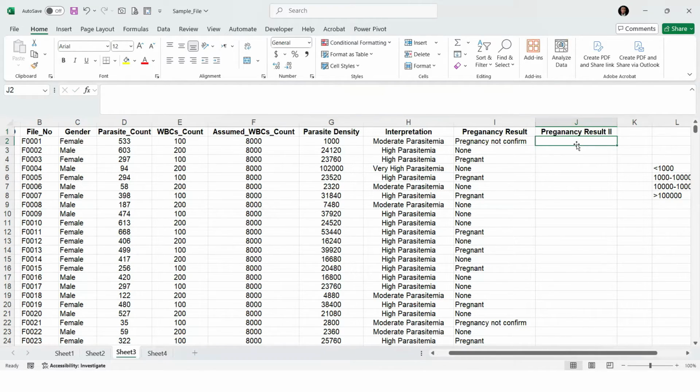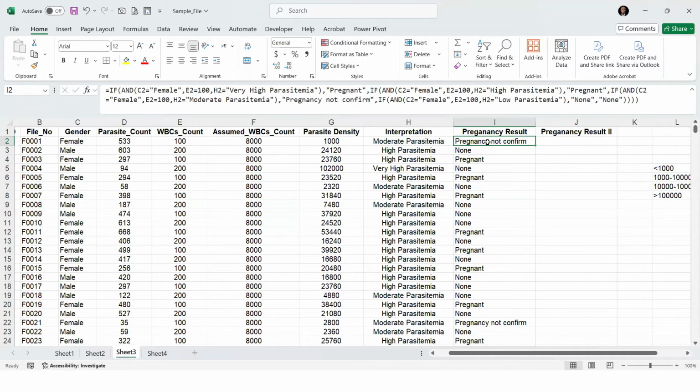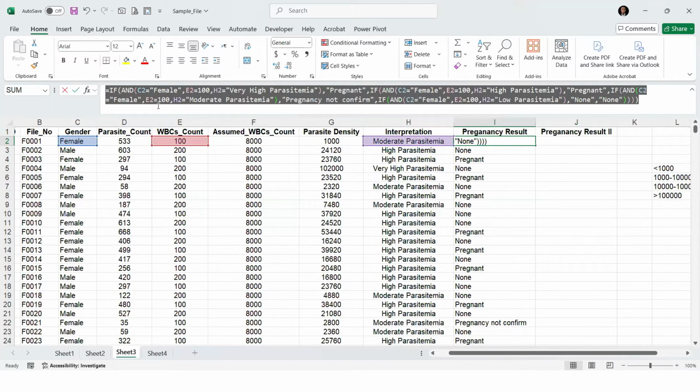So what I'm going to do now is, the criteria I will use is that we want to say if the person is female, and the interpretation, that is the classification of the parasite density, is high, for example. So maybe it's high, so that we can see the pregnancy. But in all this, if we take, for example, the formula that we had yesterday,